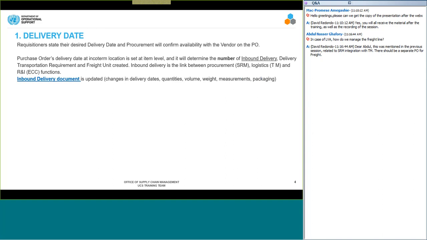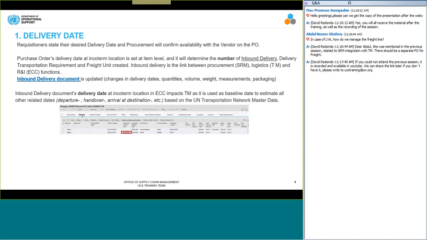The inbound delivery document is updated, and what are the updates? The changes in delivery dates, the quantities, the volume, the weight, the measurements, and the packaging. All these qualities need to be updated in the inbound delivery document. The inbound delivery document delivery date at Incoterm location in ECC impacts the TM module, as it is used as baseline date to estimate all other related dates, meaning departure date, handover date,